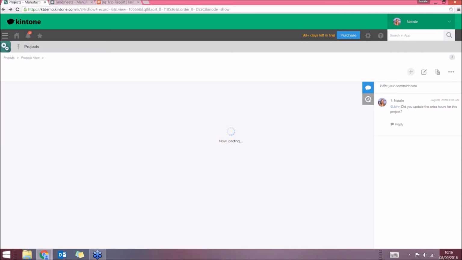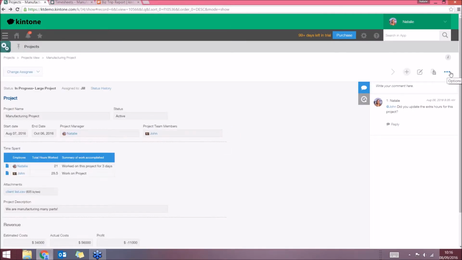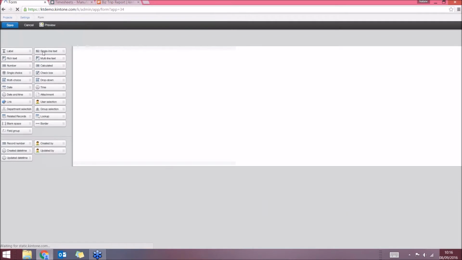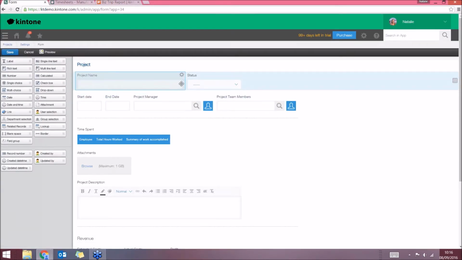Let's get into some of the more back-end settings here of this application and see what's going on. So we'll go to our Change App settings. And we'll see all the different settings for this project's application. First and foremost, we'll go to Edit Form, and this is our drag and drop form creation interface. So we'll see all of these same fields that we just saw when we were looking at that manufacturing project. This is